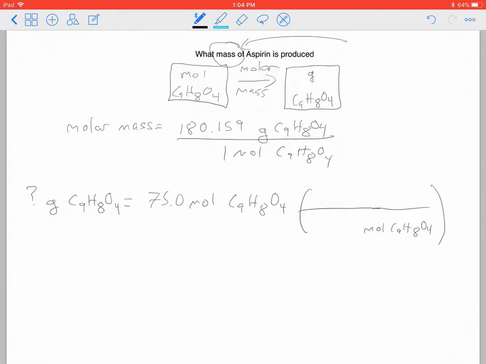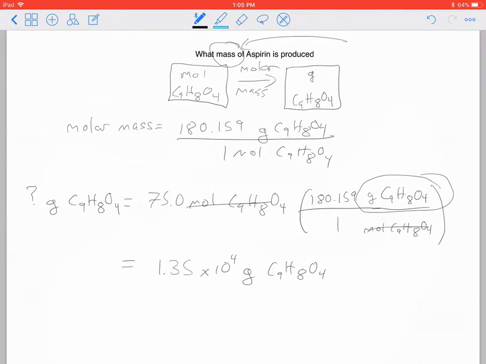And then it's molar mass, so that's going to be grams C9H8O4 on top. 180.159 goes there, and 1 mole goes there. My moles cancel out, and I'm left with grams of C9H8O4, which is exactly what I'm looking for. So now I plug it into my calculator, and I get 1.35 times 10 to the 4th grams